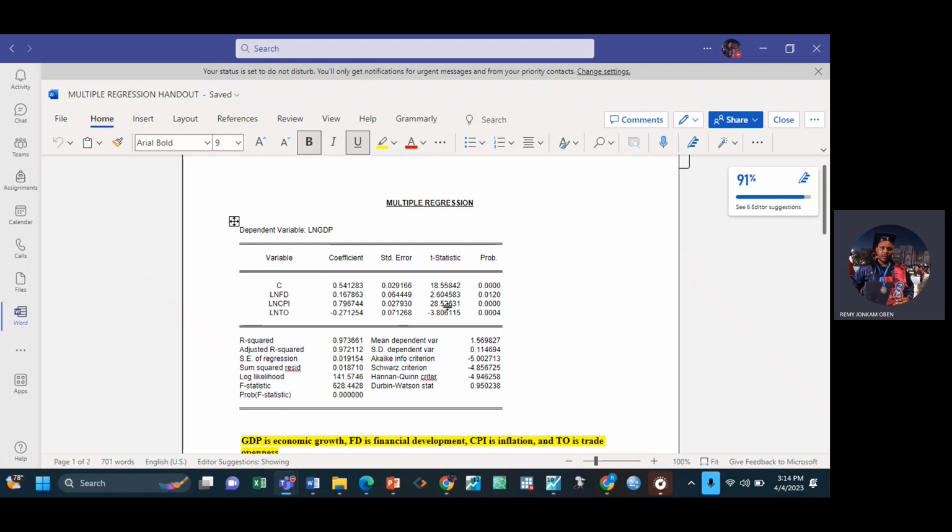And we use this t-statistic and these probability values to do hypothesis testing, correct? Why are we doing hypothesis testing? Because we want to make inferences about the true population from the sample, right? We don't have the population with us. We have just the sample. But we are carrying out a study because we want to do policy implications. We want to make inferences about the population. So if we have our results about a sample, in order for us to generalize these results to the population, we need to do hypothesis testing. We use the t-statistic to do hypothesis testing. How do we calculate the t-statistic? Coefficient divided by standard error.